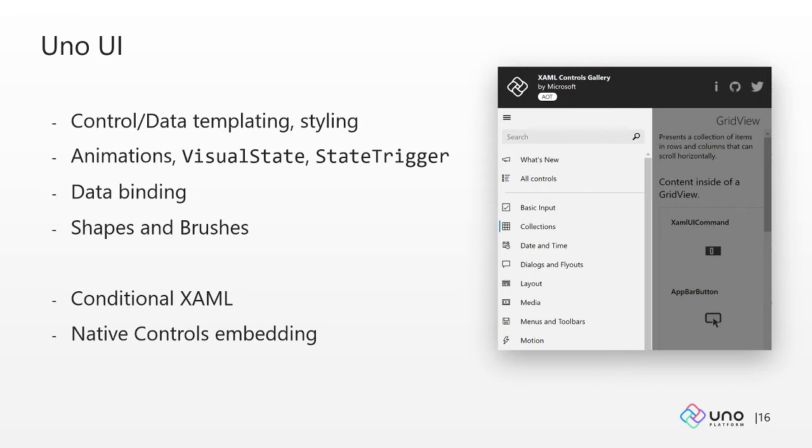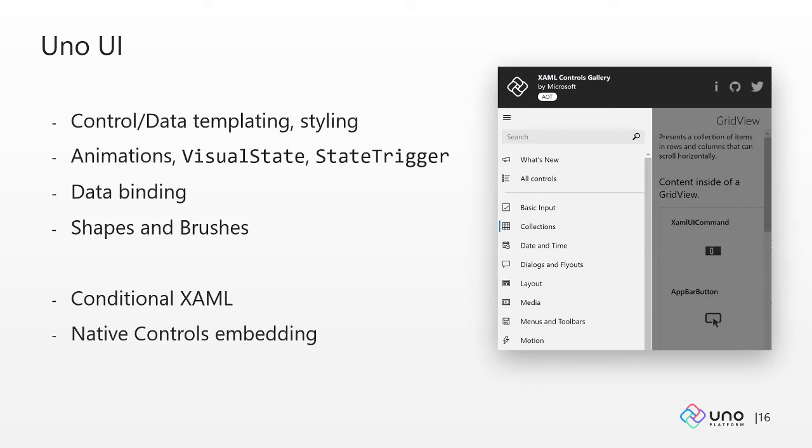As I've mentioned, UNO is striving to achieve 100% compatibility with UWP XAML. That means that things like data templating and styling, animations, Visual State Manager and adaptive triggers, data binding and xbind, shapes and brushes and image brushes, and all these things that you expect from UWP application, you will get in UNO as well.